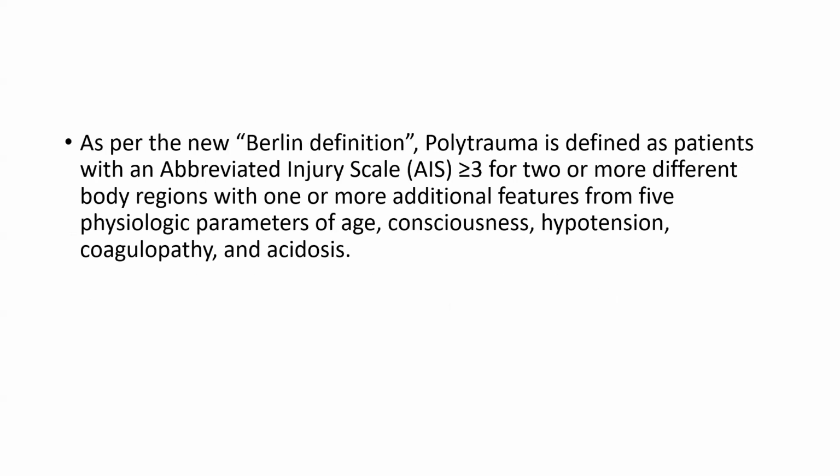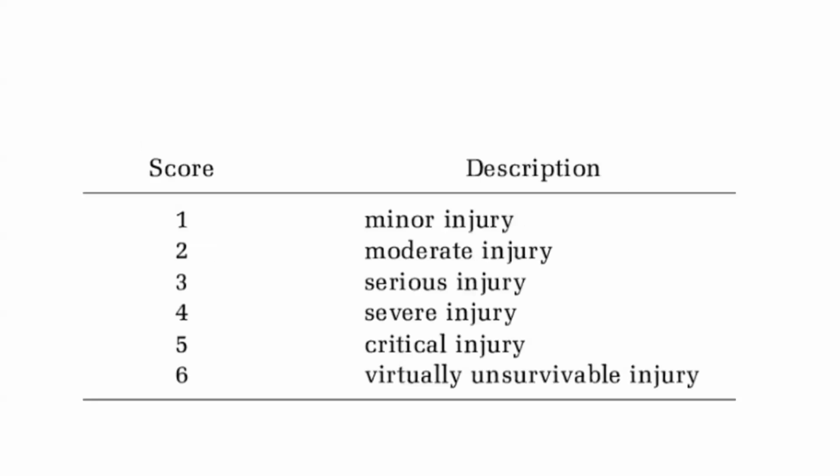So, as per the New Berlin definition, polytrauma is defined as patients with an abbreviated injury scale of more than 3 for two or more different body regions, with one or more additional features from the five physiological parameters of age, consciousness, hypotension, coagulopathy, and acidosis. The abbreviated injury scale includes: score 1 is minor injury, score 2 is moderate injury, score 3 is serious injury, score 4 severe injury, score 5 is critical injury, score 6 is virtually